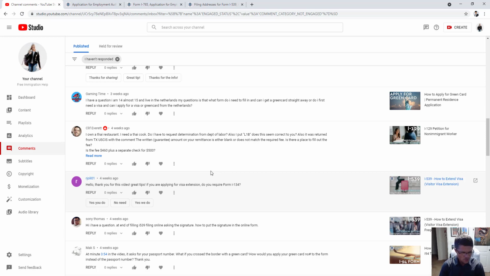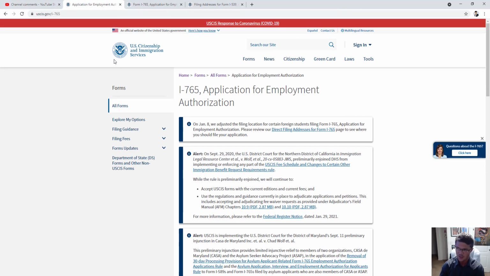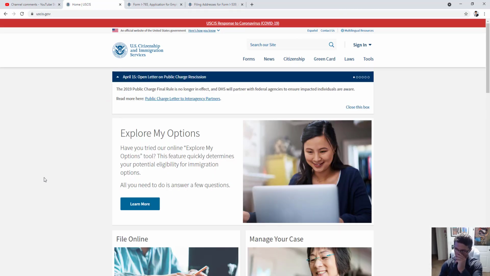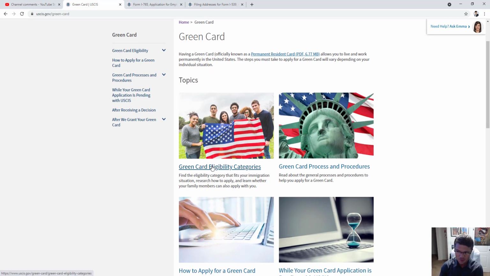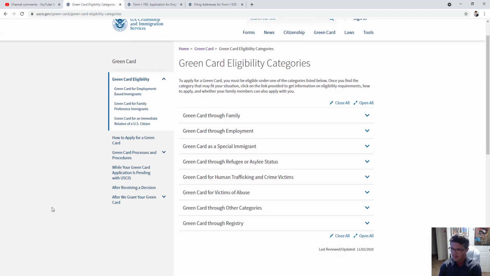Okay, so in order for you to apply for a green card, you have to meet certain requirements. All of these requirements you can find on uscis.gov, which is this website right here. Let's go back. One of the menu tabs on the top is green card. Go there, green card eligibility categories. You go there, and then these are all your